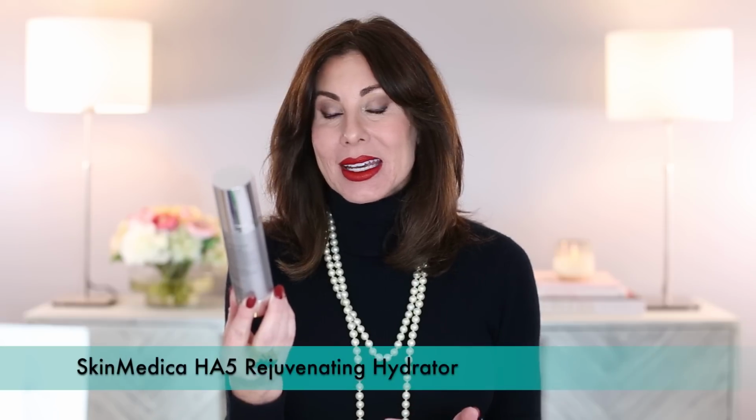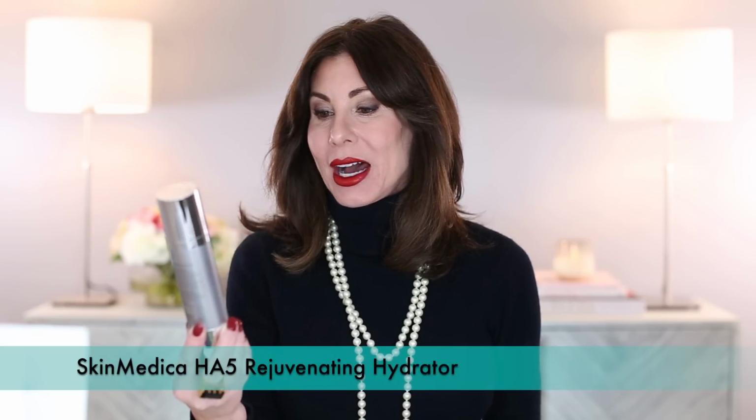Love this product. It is a splurgy item. May or may not be necessary. I will let you be the judge. It is the Skin Medica HA5 Rejuvenating Hydrator. I use it so much that you can't even really see the label on it, but it really is a lovely product. I've shared before, my dermatologist does not see where this product is